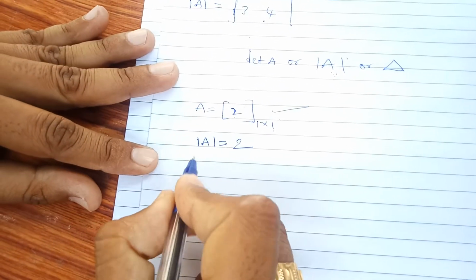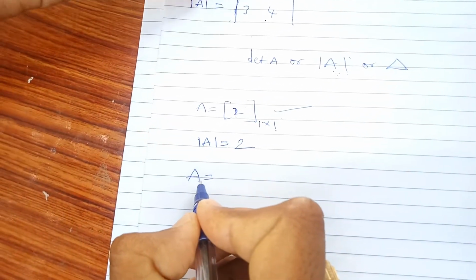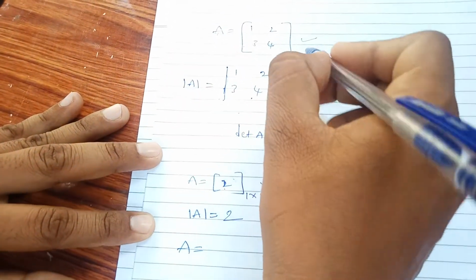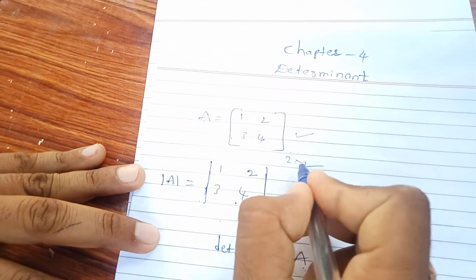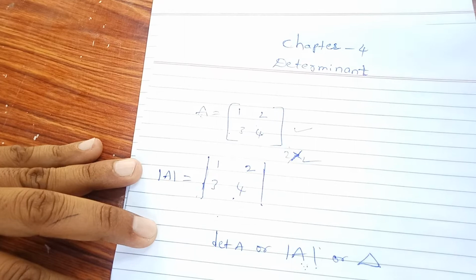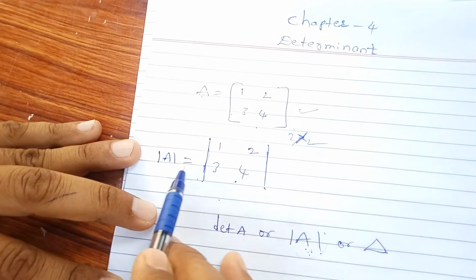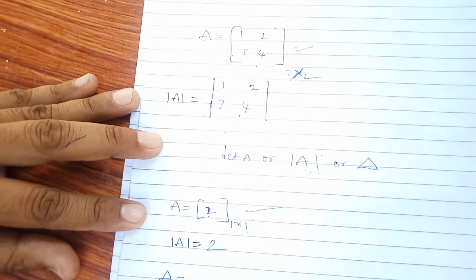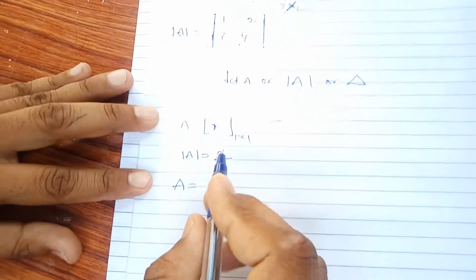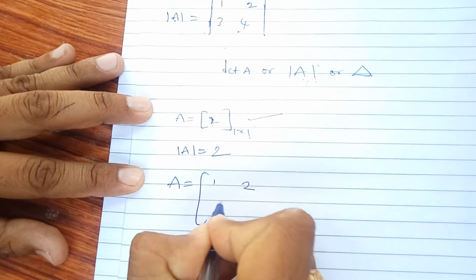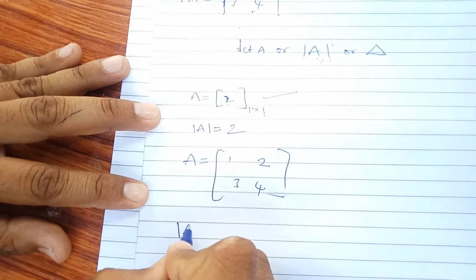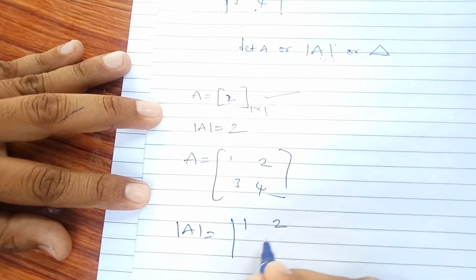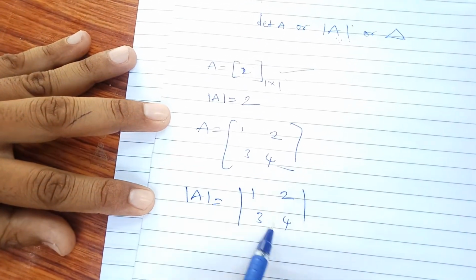Next, the second point I am going to say. Suppose we take the matrix A, say this example also, whose order is now 2 by 2. By taking this matrix, now we use this symbol like this. So determinant of A is equal to, we write 1 2 3 4. See how we can make the determinant for this, where matrix A contains the elements 1 2 3 4. Now determinant of A we write here with the determinant symbol, 1 2 3 4. This is the determinant of matrix A.